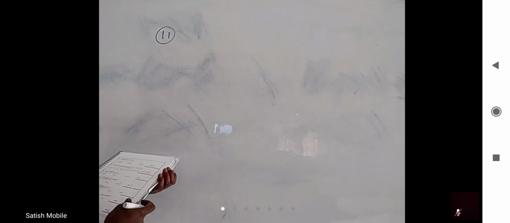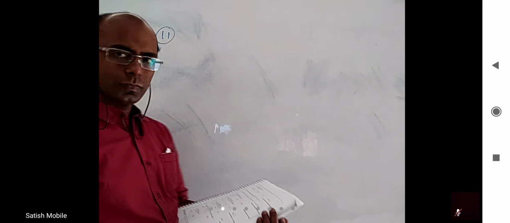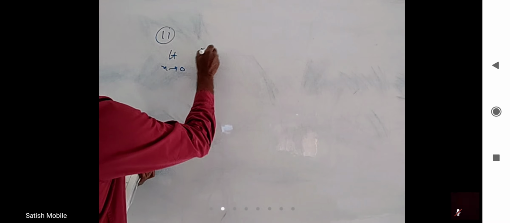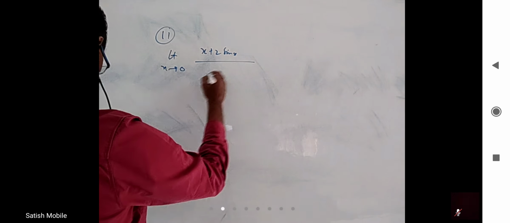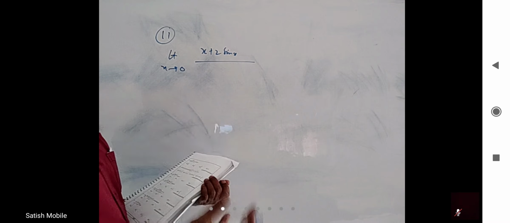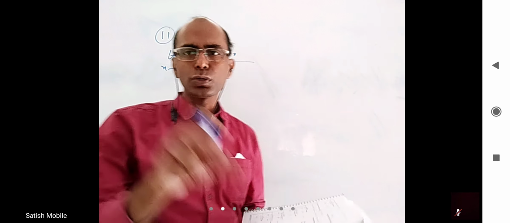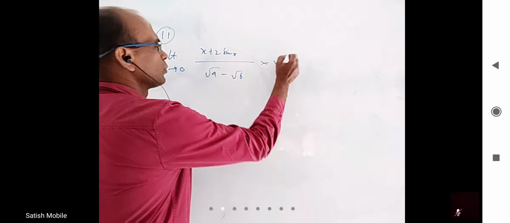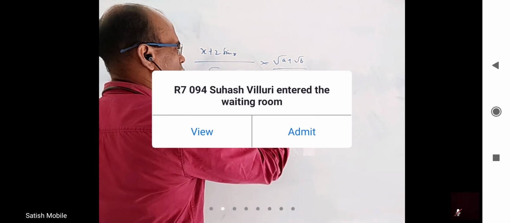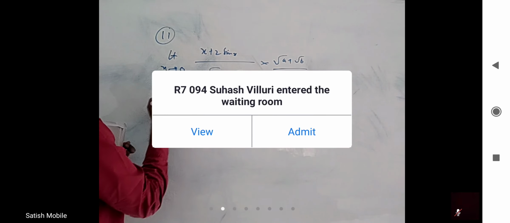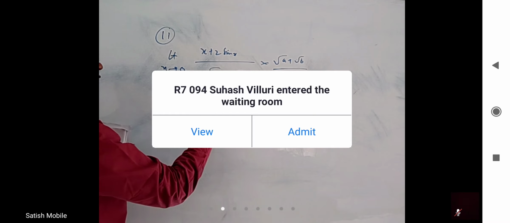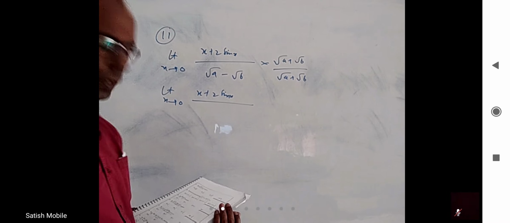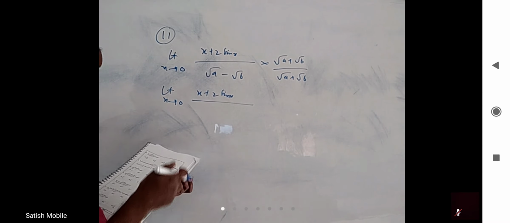Okay, 11, you can rationalize the denominator. Then let us see what happens. You will get the limit x tends to 0, x plus 2 sin x by... I am directly writing after rationalization. The denominator is root a minus root b. Let me write like this, root a minus root b, multiply with root a plus root b, and root a plus root b. Limit x tends to 0, x plus 2 sin x. What I will get here is a minus b. What is a minus b when I remove the roots?